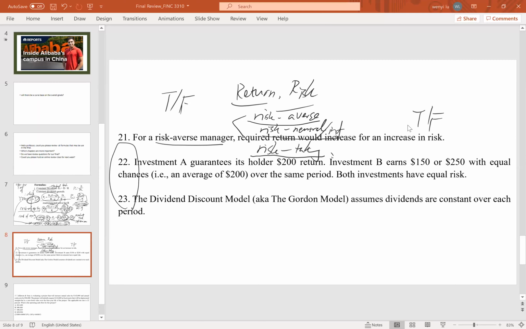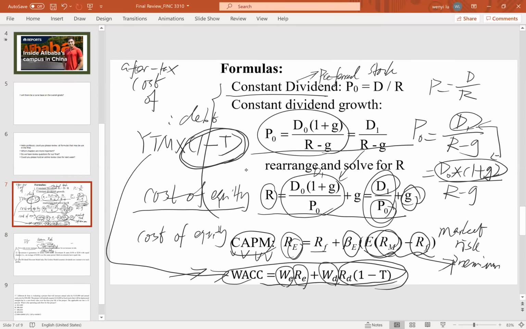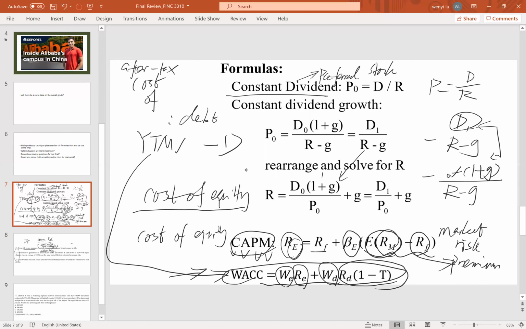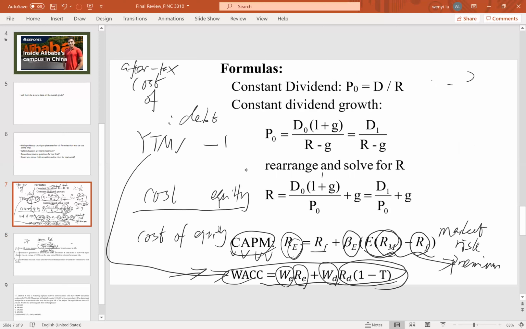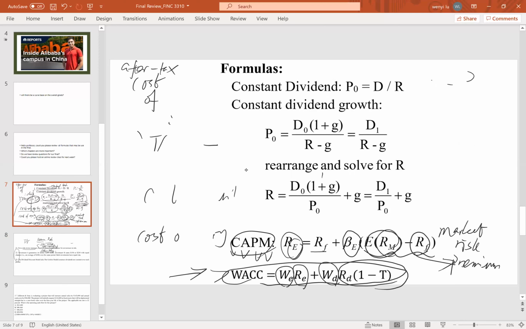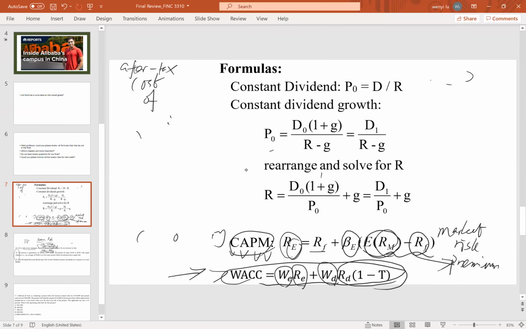Common stock formulas. I showed this one already here. You cannot just say follow common stock; actually, you should be more specific. One is for the price of common stock, it's in this one. And this is for the cost of